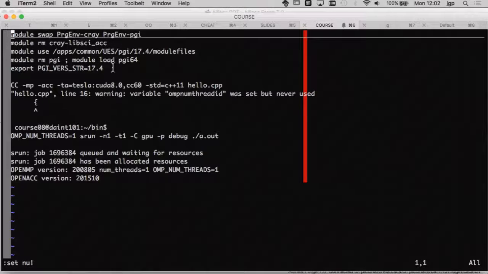So before, I thought we were told that only Cray and PGI support... No, because okay, I will finish with that question actually. I switched to GNU because I wanted to show you a CUDA example, but for OpenACC or OpenMP, it's only Cray or only PGI for the moment.